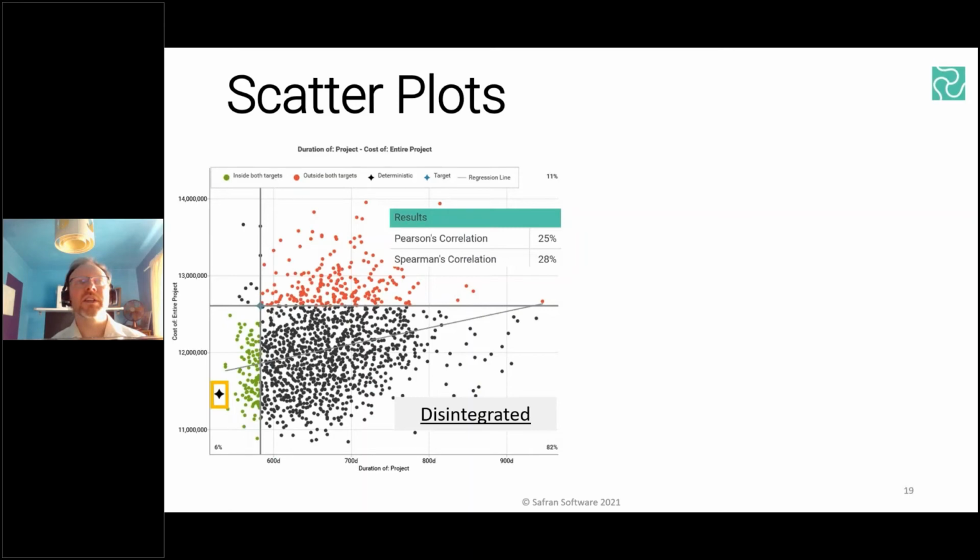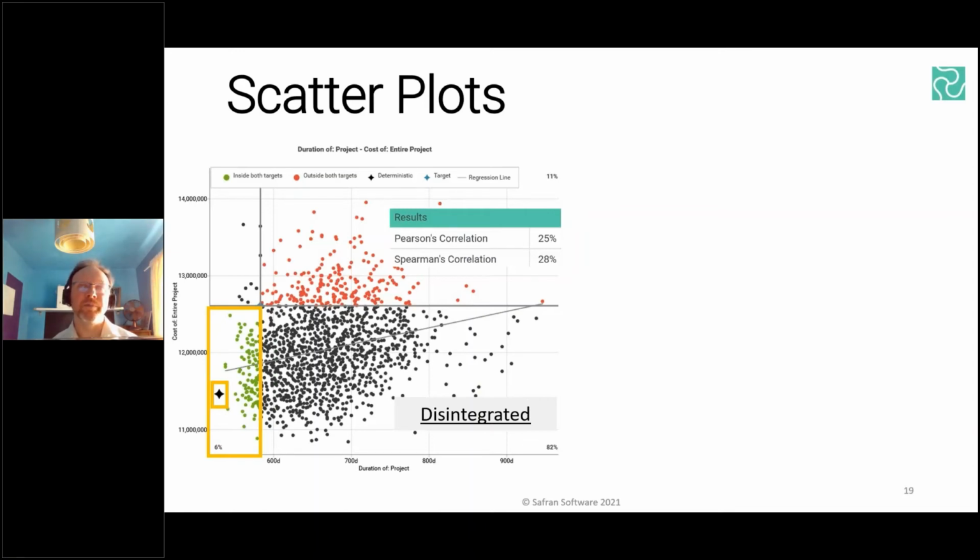We can also see there's the black star near the bottom left-hand corner that represents the deterministic or planned duration and cost, and that it sits within the green quadrant. So the crosshair that I've drawn is dynamic and allows me to draw the 4 quadrants wherever I wish. So I've manually set mine to show the 10% cost contingency and 10% time contingency of the overall project deterministic planned values. And so within these parameters, there's only about 6% of all the random outcomes landing within this